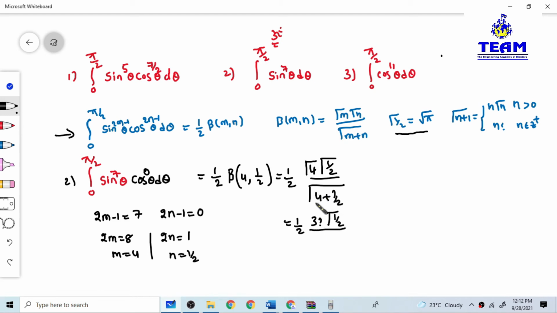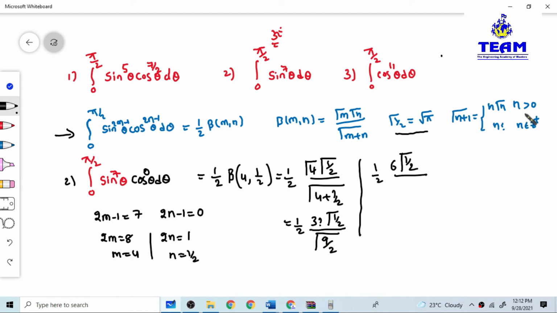Here in the denominator you have 4 plus 1 by 2. So take LCM. 4 plus 1 by 2 is nothing but how much? 9 by 2. Now you split this 9 by 2 until you get the 1 by 2 form. Now 1 by 2 is 1 by 2. 3 factorial I can write as 3 into 2, which means 6. Gamma of 1 by 2 actually, what is the value? Root pi. Even if you write it or not, it's not an issue. Now gamma of 9 by 2, inside you have 9 by 2.